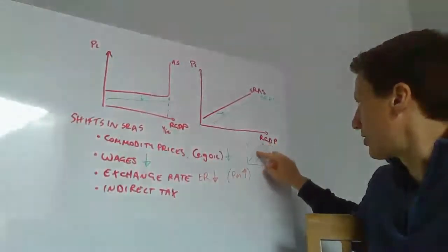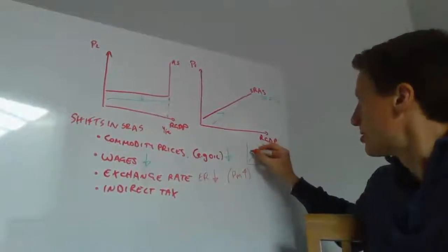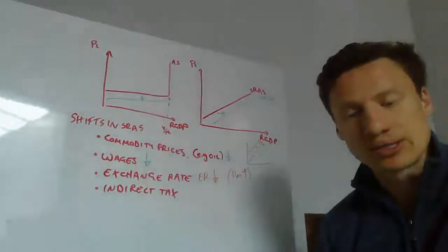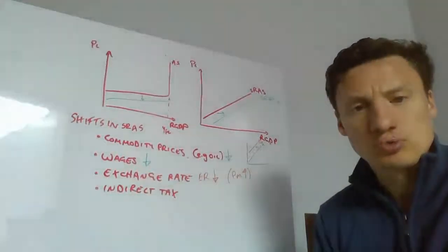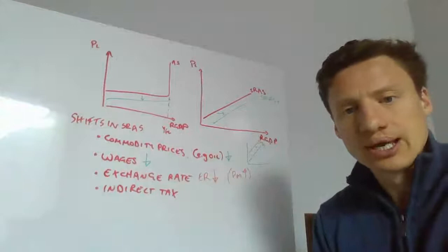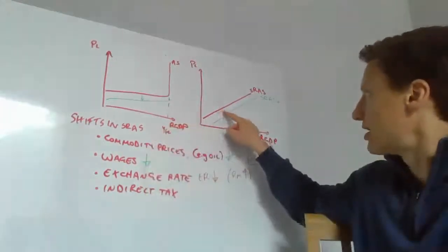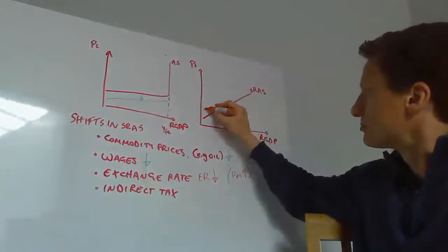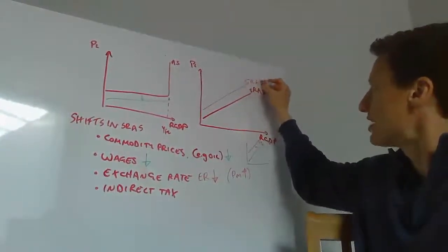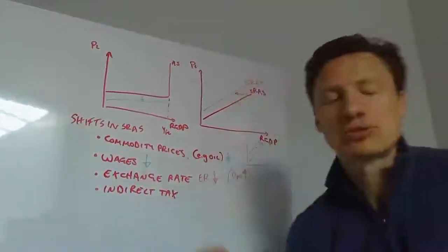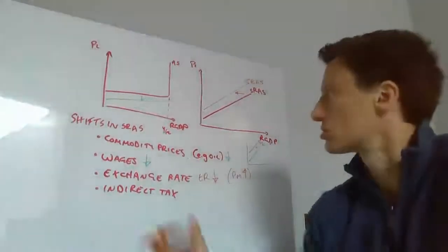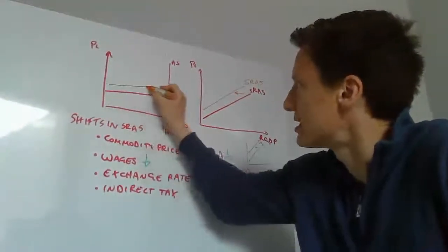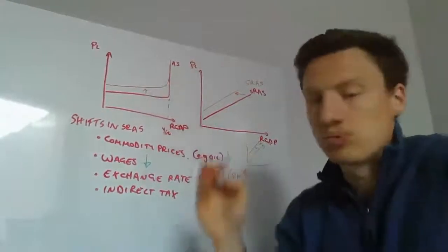So an increase in the cost of production shifts supply curves to the left in micro markets. But if this is something like exchange rates that affects lots of industries in lots of parts of the UK, then we should reflect it on the macro diagram. In this case, we would shift SRAS to the left to reflect that costs of production are going up across the UK. And if we're doing it that way here, we should also reflect it there with an upward shift in the